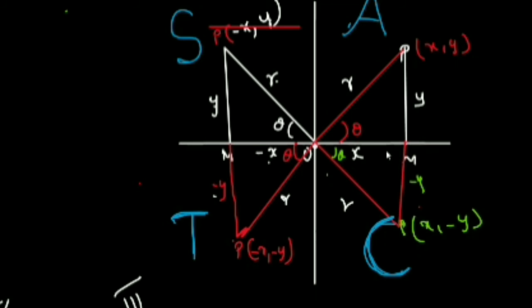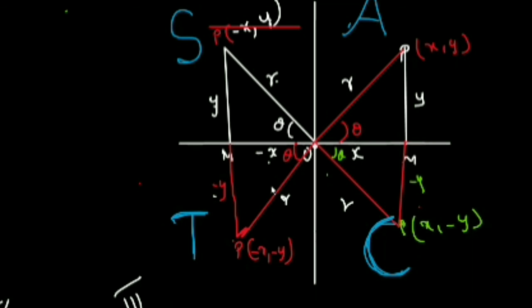You have learned up to class 10 only the first quadrant. That's why you always write positive values, sin 30, sin 45. You have never written a negative answer. The sin 30 value is 1 by 2. You won't write minus 1 by 2 because 30 is in the first quadrant. Now you have come to the second, third and fourth quadrant. You know that the angles can be in the first, second, third and fourth. So depending on that, the sign of the ratios will change.